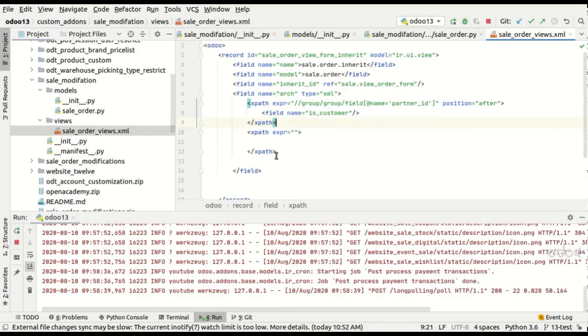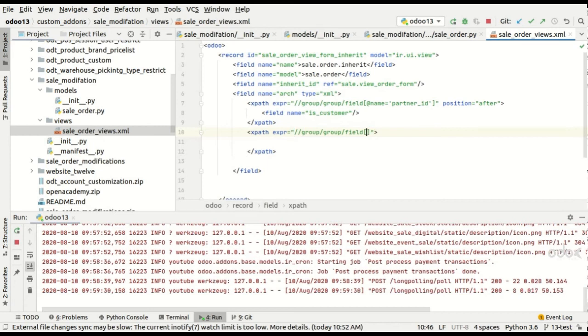Now let's add the XPath expression for the payment method as well. Then we find out the expression as slash group, again inside a group, and after the field name payment_term_id.